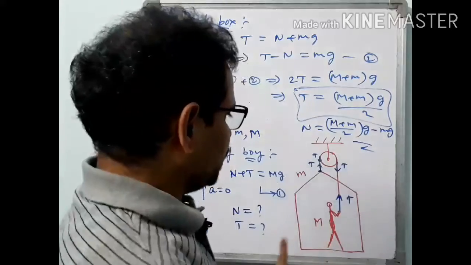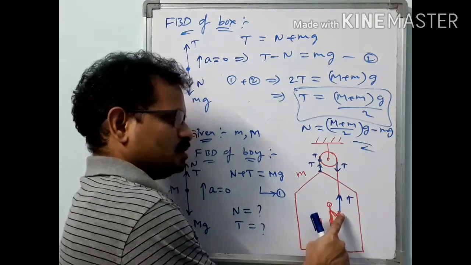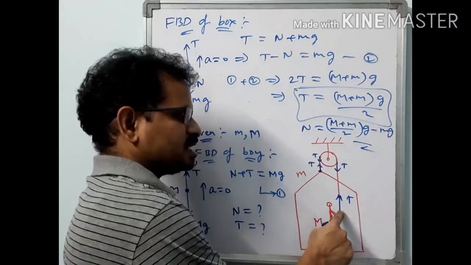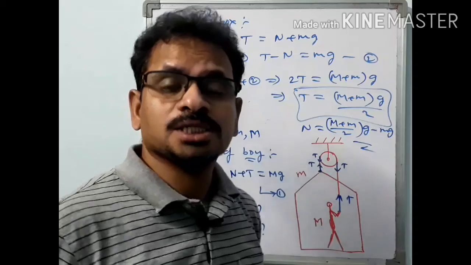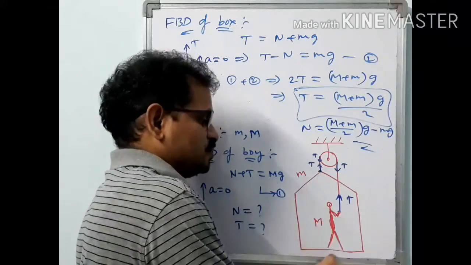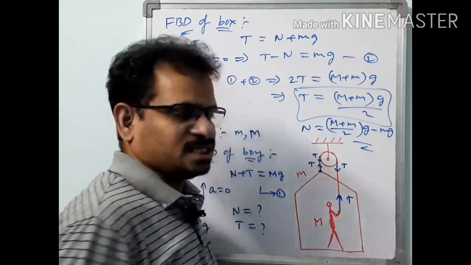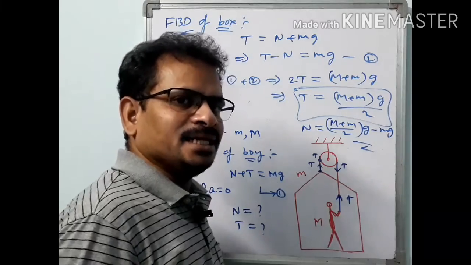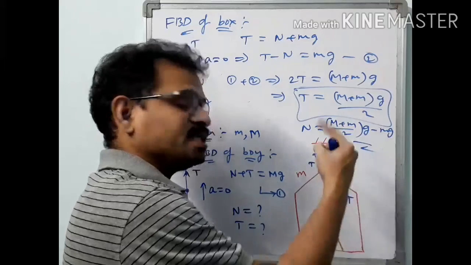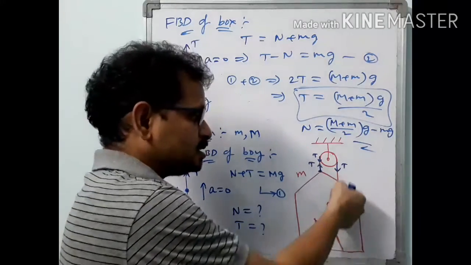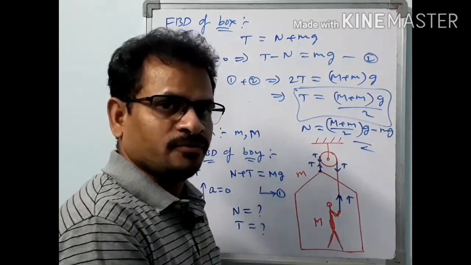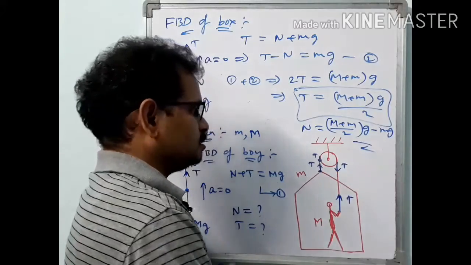Okay, so here students, you may get a doubt regarding this one. Most of you think that this tension force is an internal force, because this tension force is acting within the box. It is not about being within the box or outside the box. It depends on the system we choose. We have chosen this boy as our system. Then anything which is not within the boy will be an outside body only. So this rope is an outside part. Don't think that it is inside the box, so it is an internal force. We should not consider internal force. Don't think like that.